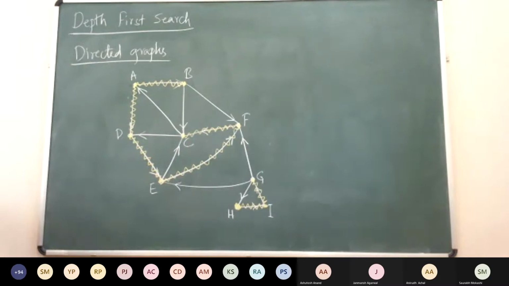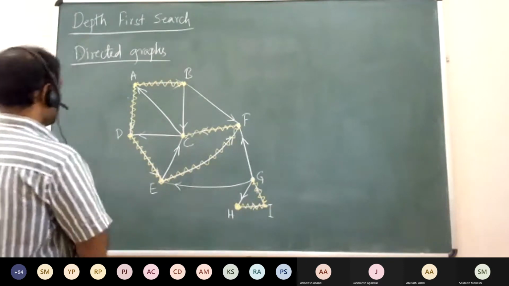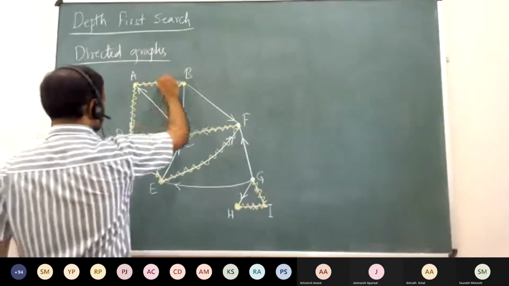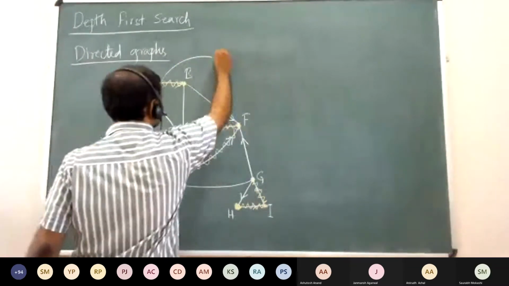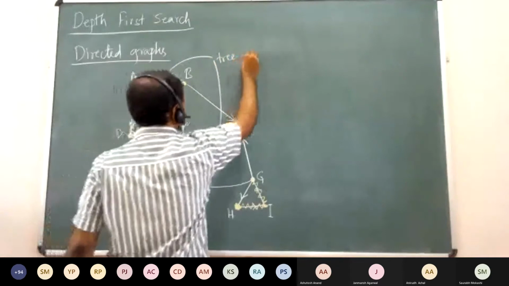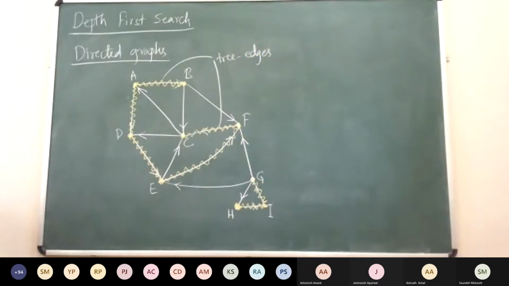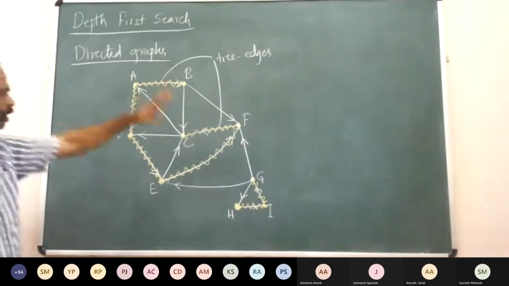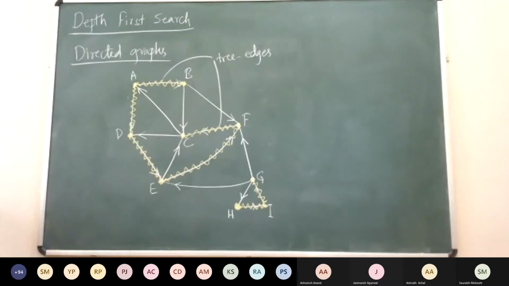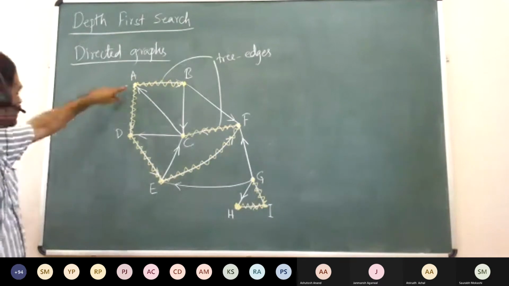Okay. So here let us again differentiate the edges. Okay. Here it becomes a bit more, right? These edges, the yellow edges which we have drawn, these are tree edges, right? So these are tree edges. And there are other edges. All the other things are non-tree edges. Okay. Now we also differentiate between these non-tree edges. Okay. So let us look at the DFS traversal.